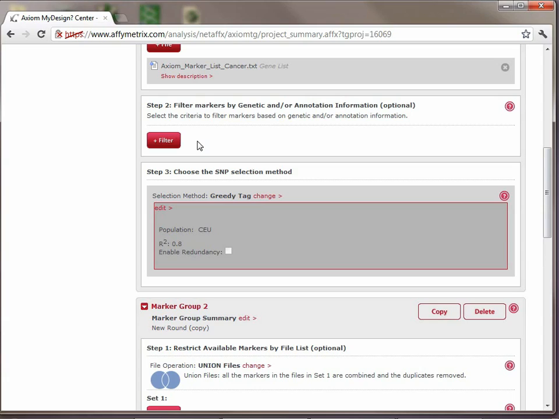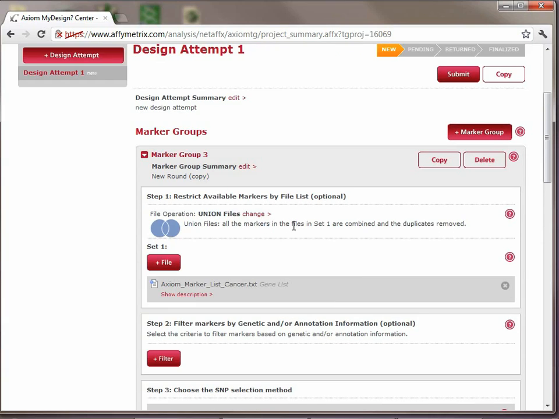to greedy tag, which means the object of the greedy tag is to select the fewest number of validated SNPs as possible to cover the most number of markers. So this is sort of a space-saving device. So you get as much genetic information as possible, but you don't use up as much real estate on the array. So we've selected greedy tag, again confirming the population is CEU, and having the ability to set the R-squared for what we're interested in. So now we've got the cancer genes covered from our